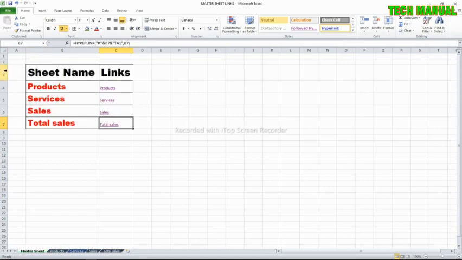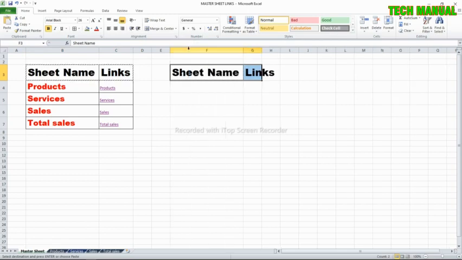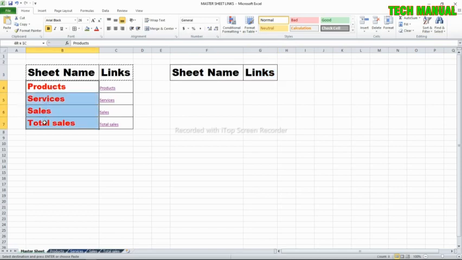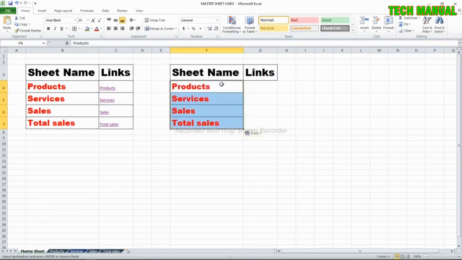First, let's copy the table titles and paste them there. Double click here to expand. Then let's also copy the sheet names and paste them there. Then let's insert the borders. So here we're going to learn how we can create a link using a master sheet